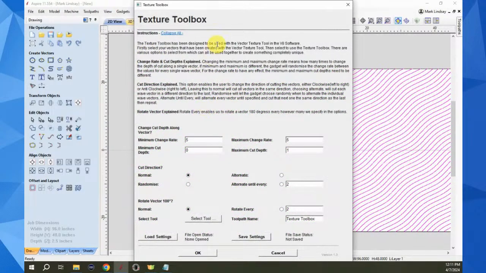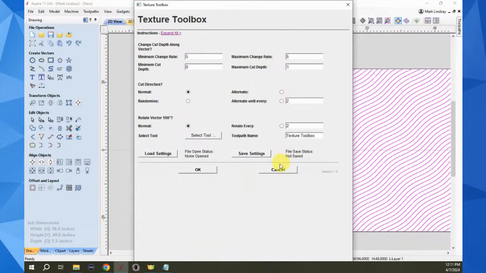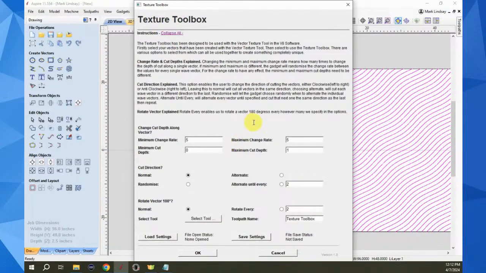Up here at the top, they have a list of instructions that explains what all of these blanks mean. You can collapse these instructions so you just have the form, or you can expand them. I like to leave them open just as a reminder of what I'm going to do down here in these